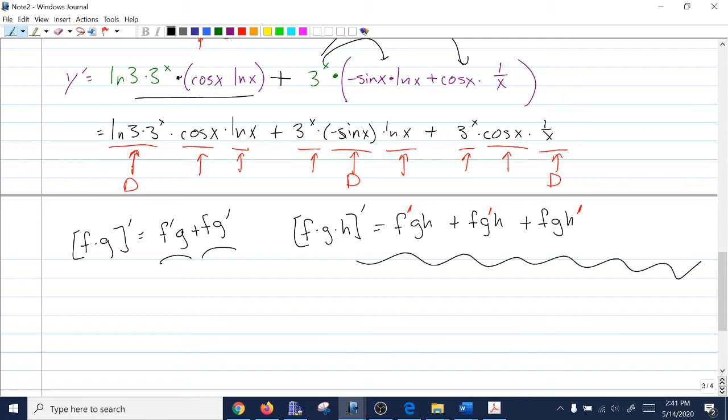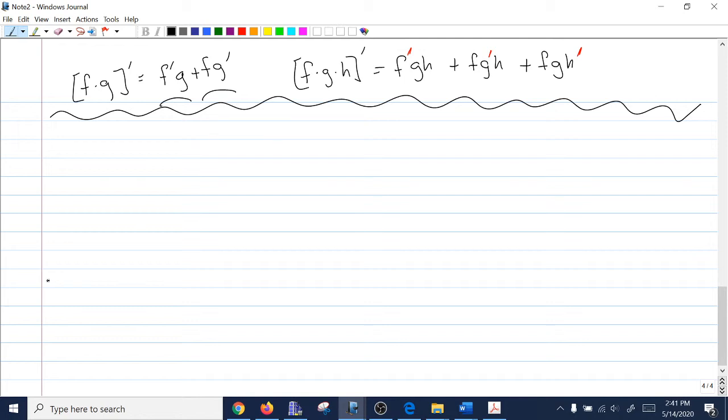And this pattern continues. If I had a quadruple product, everybody takes a turn. Let's try a quadruple product. Can I come up with 4 functions? If I write down h of x is cosine x times sine x times 3 to the x times the cube root of x, then the derivative of this is derivative of the first, leave the others alone, so negative sine x,